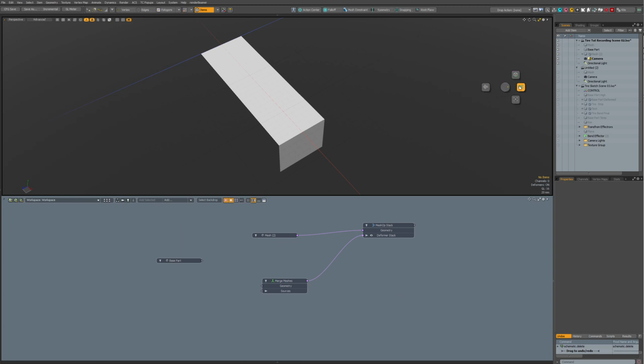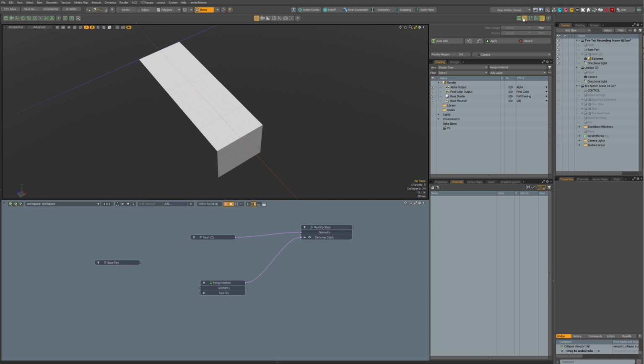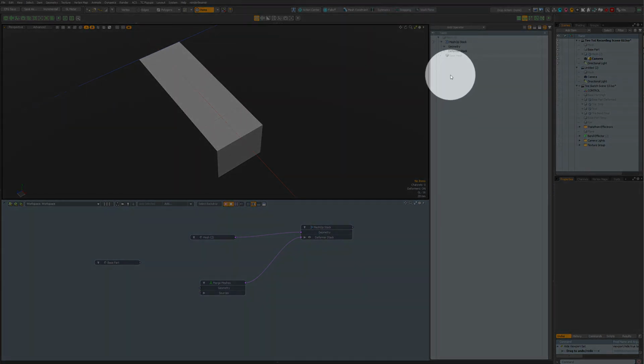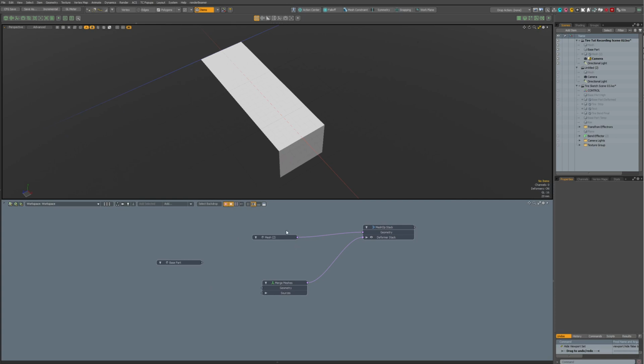Some people work with the operator list, but I just don't use it at all anymore because I find it much nicer to work in schematic.